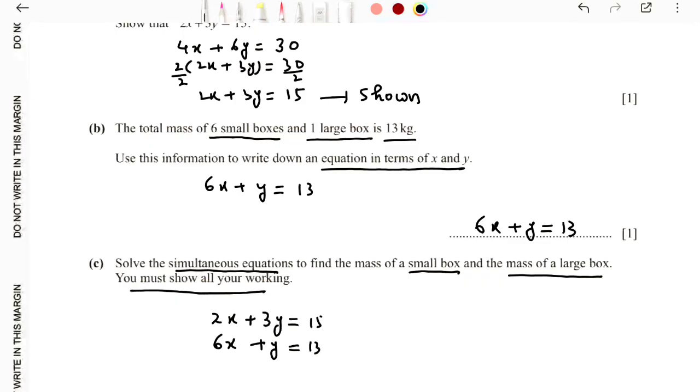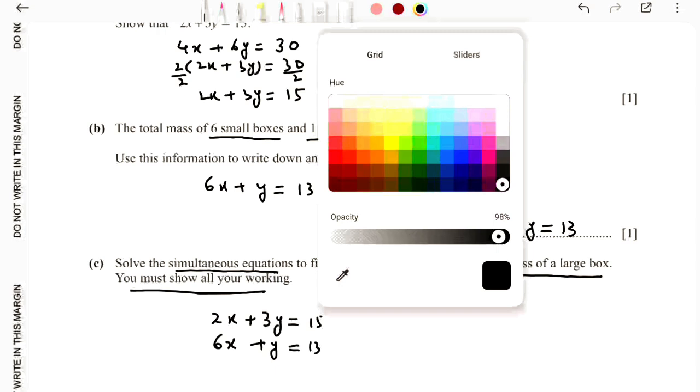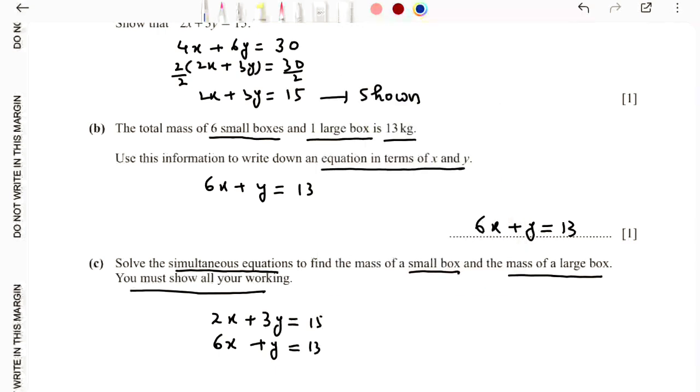We can use the elimination method for this. You can multiply equation number 1 by 3. So this becomes 6x plus 9y is equal to 45,